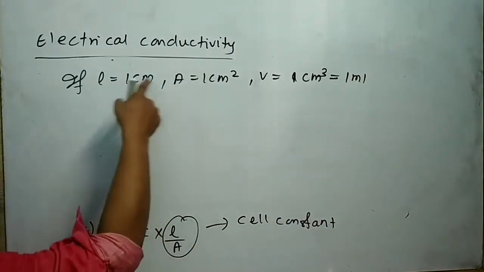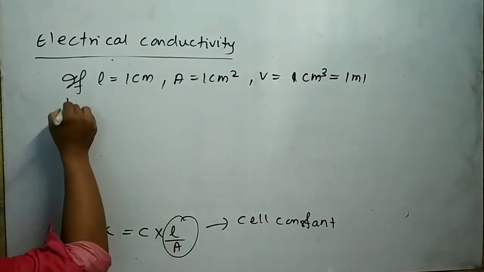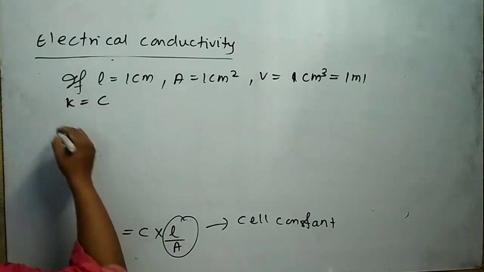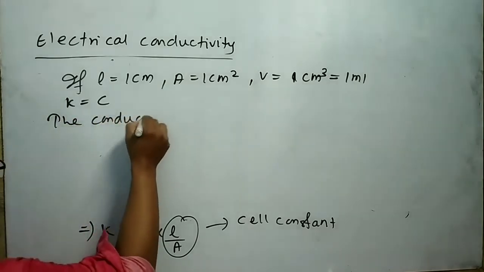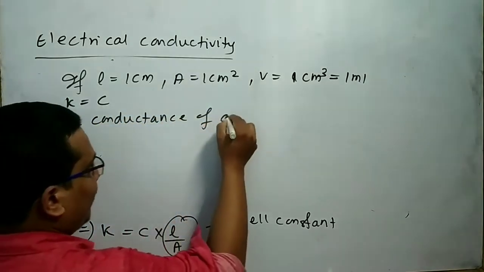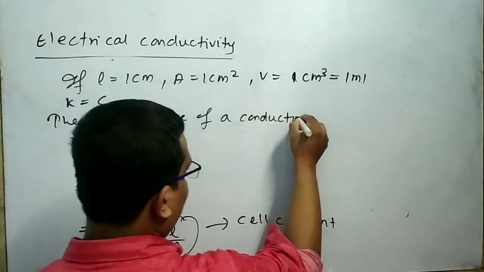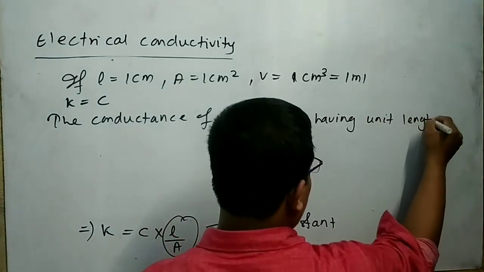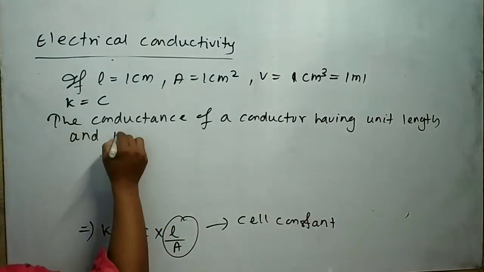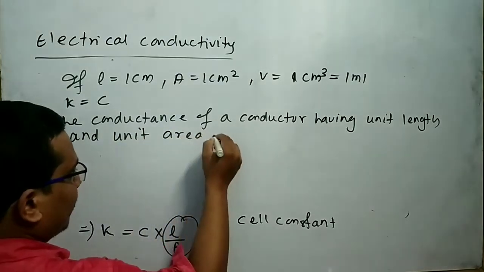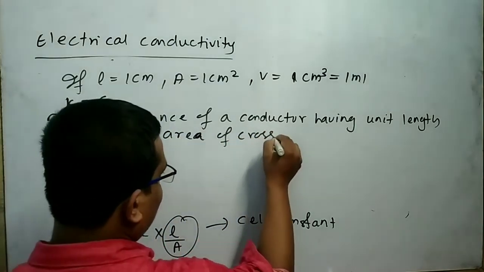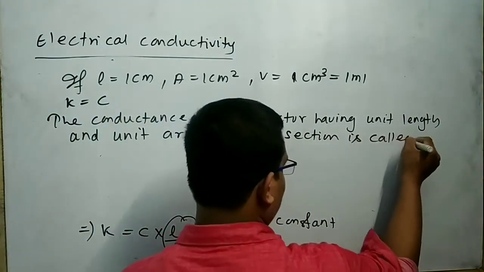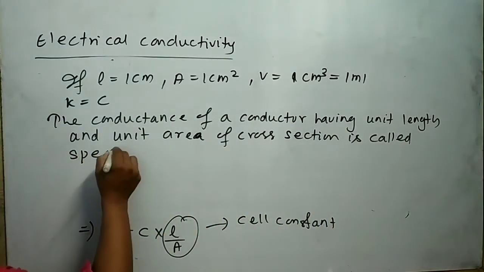Now put the value of L and A in this equation, then K is equal to C. So from this relation I can write the conductance of a conductor having unit length and unit area of cross section is called